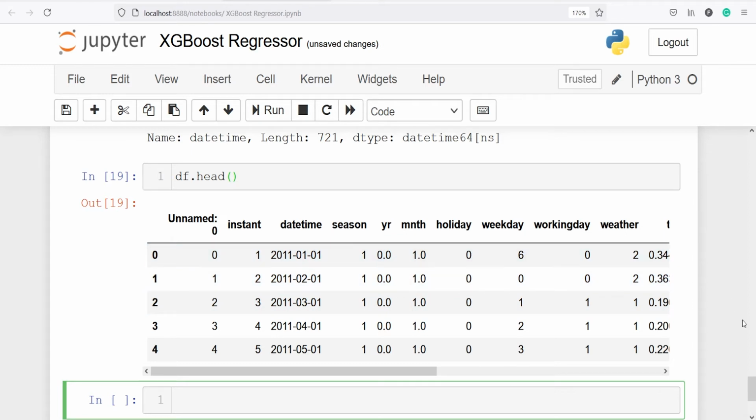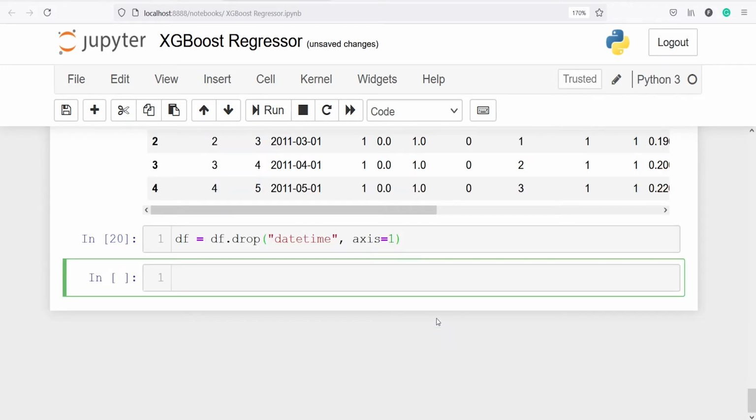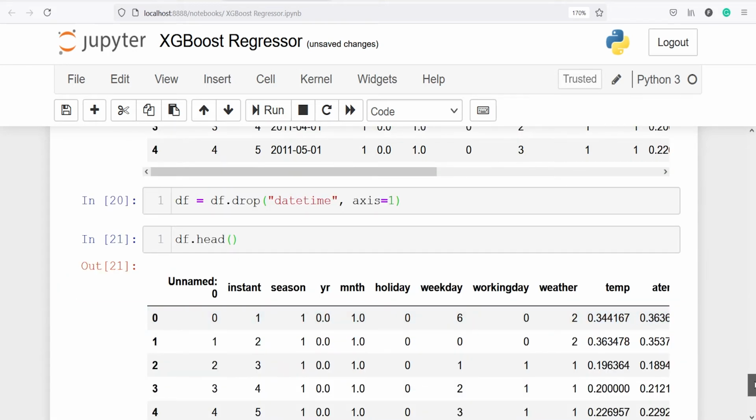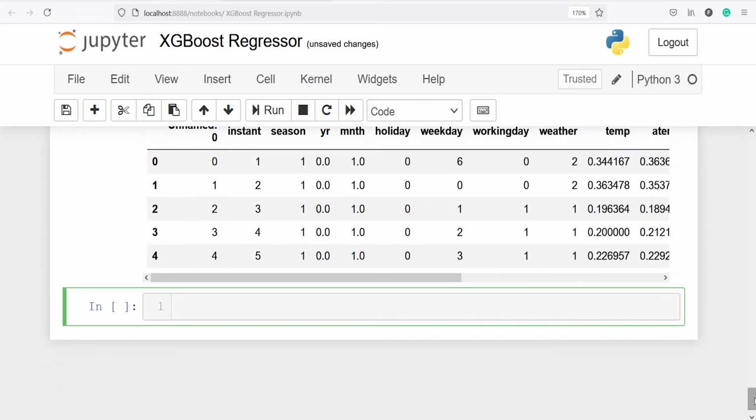We are going to drop this variable now. So I will write df equals df.drop, and we want to drop the column datetime, and we have to pass the axis. For column names the axis is 1, and for rows the axis is 0. I will type axis equal to 1 because we are dropping a column. Let's execute our code. Now I'll check the head again, df.head, and you will see that the datetime column has been dropped from this data frame. We don't have that column anymore.